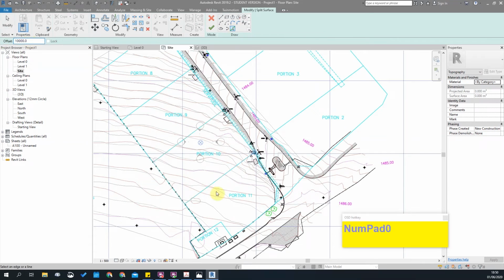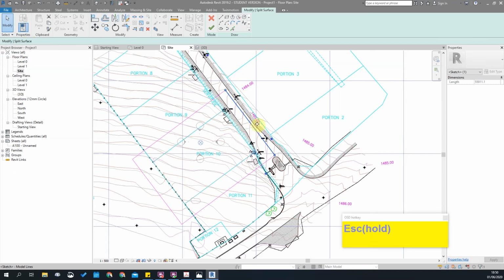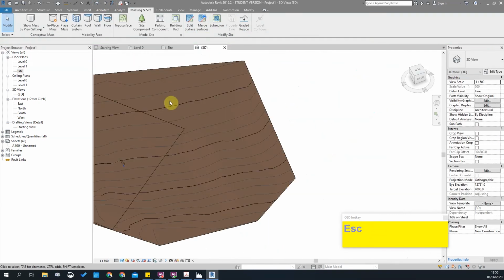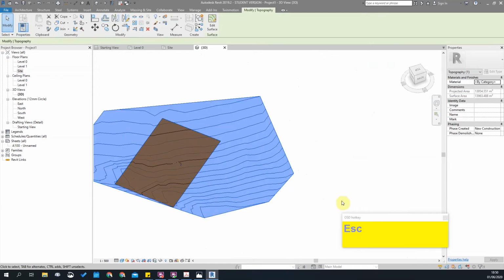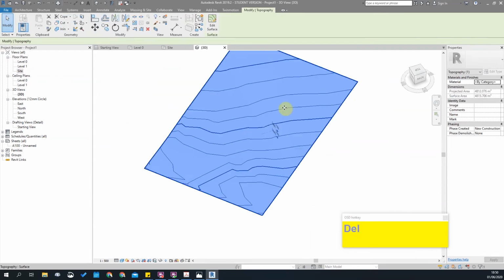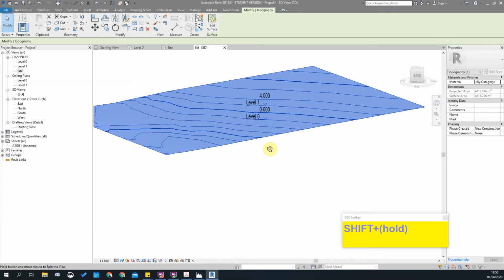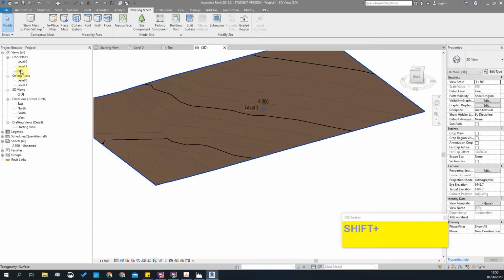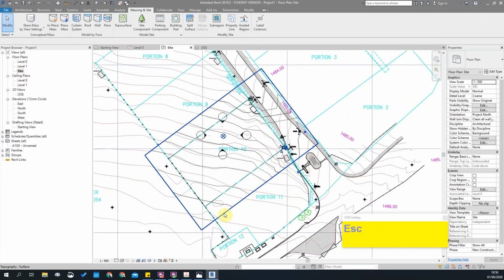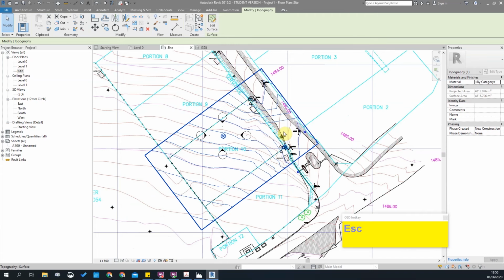Okay, and I'm going to create a line on that side, a line on that side, a line on that side, and a line on that side. This line, however, I'm going to take a bit further. I'm going to do that. I'm going to finish the command. We'll go to 3D view. So what this has done, it split the surface in two. I can get rid of that part of the surface. Now I've got a clean topography to work with around my site. So if I go back to my site plan, you see now that I've got a very clean